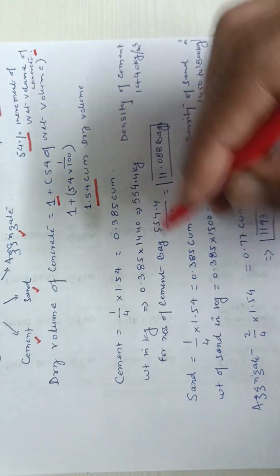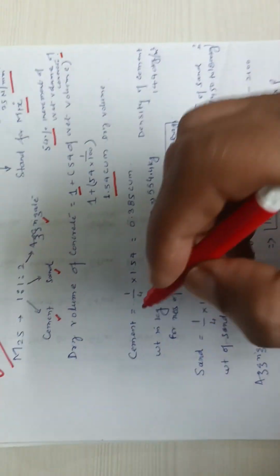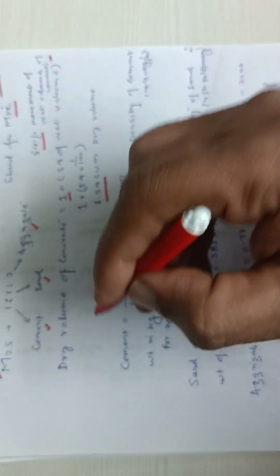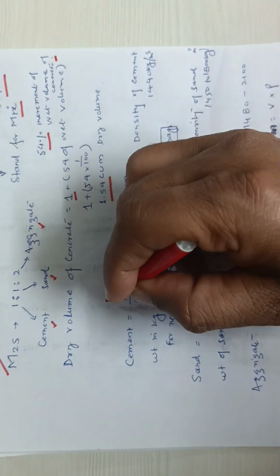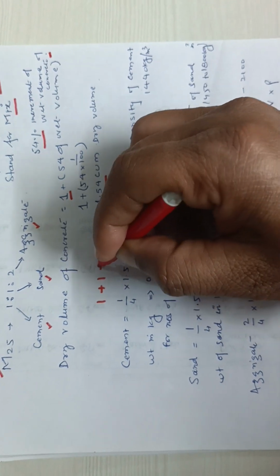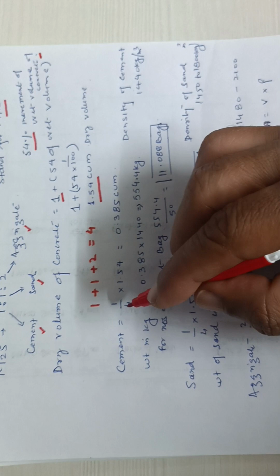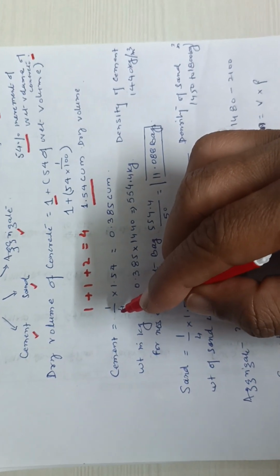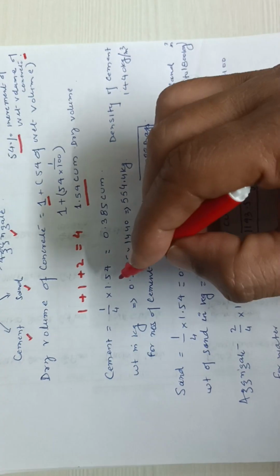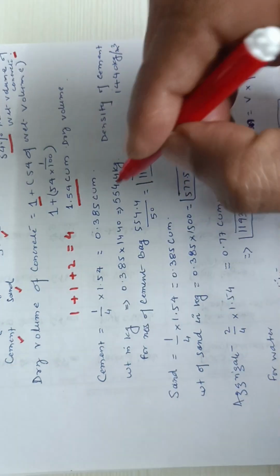This is the coefficient you have got. Now we have to sum up the mix: 1 plus 1 plus 2, you will get 4. For 1 cubic meter, 1 upon 4 into 1.54 equals